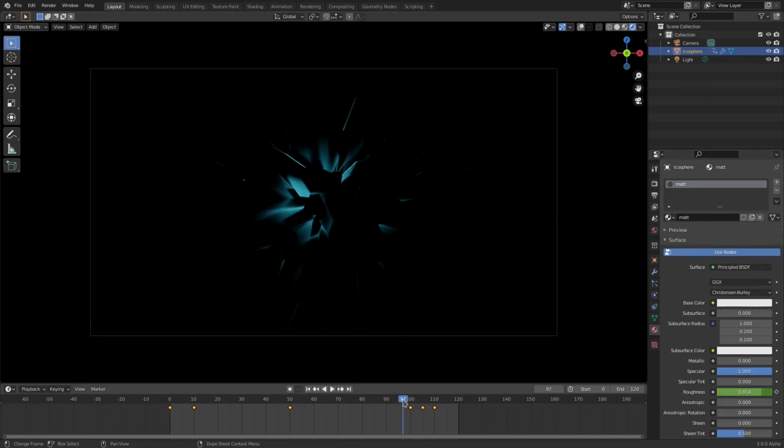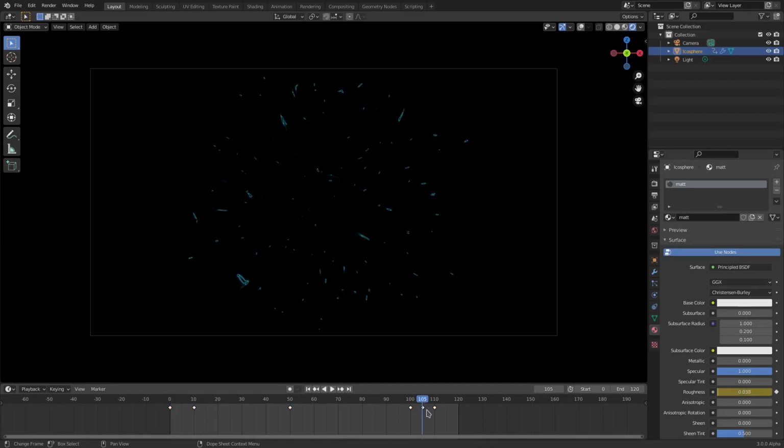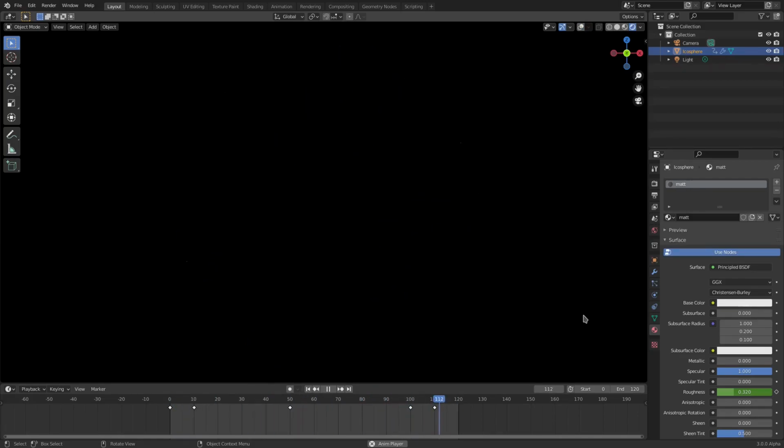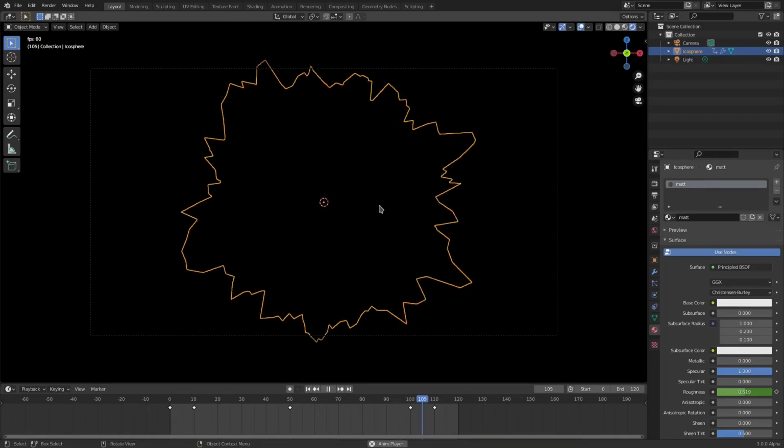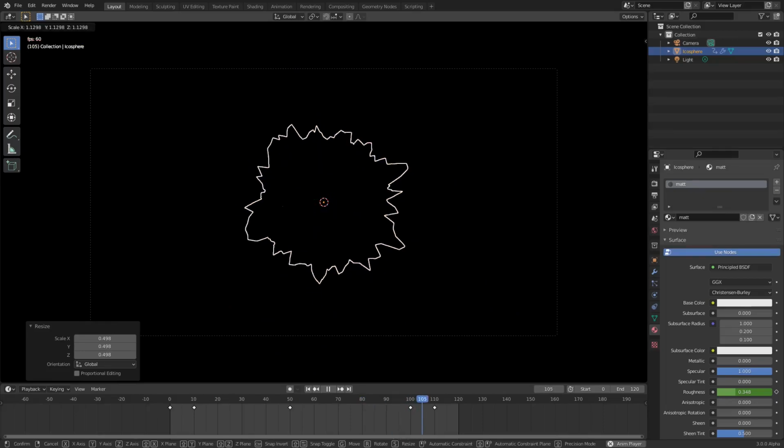It looks really cool to me. Yeah, maybe not, because it looks kind of jittery like that, actually. Maybe we just won't have that at all. Okay, cool. We'll do it like this. That looks really cool. So we have this little thing that comes up, that goes in, and then kind of comes down. I want to scale this down a little bit, just a tiny bit, like that.